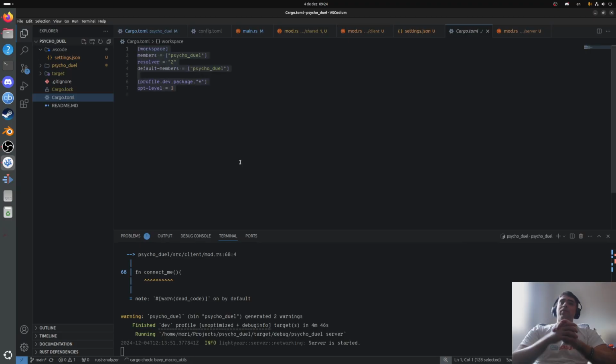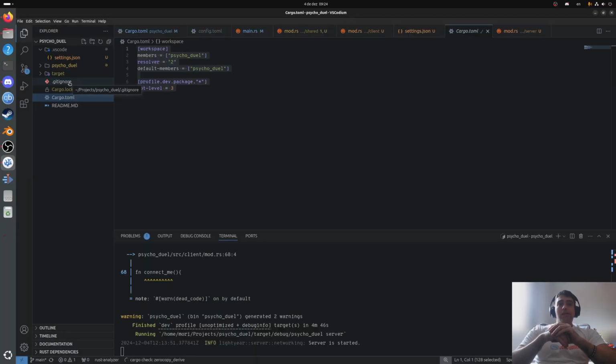Here's Cargo.toml, which is basically the big guy. This is the first Cargo.toml. Ignore the Cargo.lock. You can ignore .gitignore, but .gitignore is super simple. It's basically the folders that you don't want to commit to your GitHub, so you don't want them on your main repo for some reason.